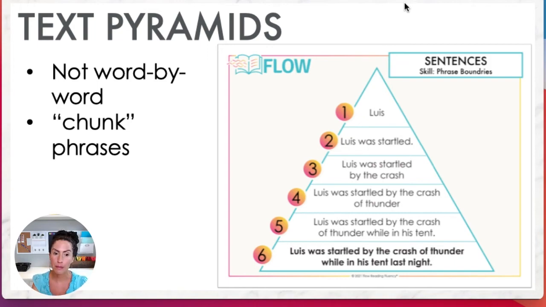Louis was startled by the crash. We're adding a prepositional phrase, or actually that might be an adverbial phrase. Louis was startled by the crash of thunder. There could be a period there too. Louis was startled by the crash of thunder while in his tent. And then Louis was startled by the crash of thunder while in his tent last night. So you can see we're adding phrase by phrase, but it allows them to see the progression of,